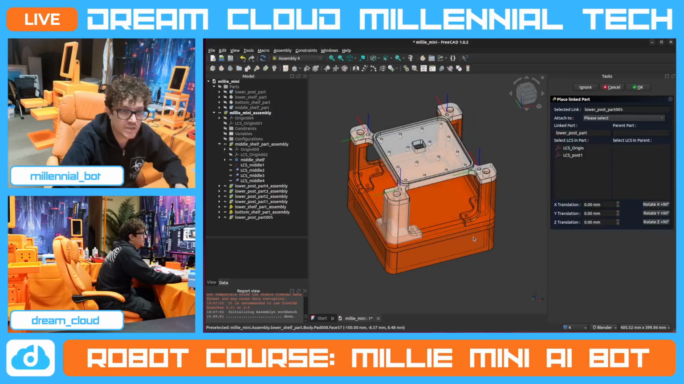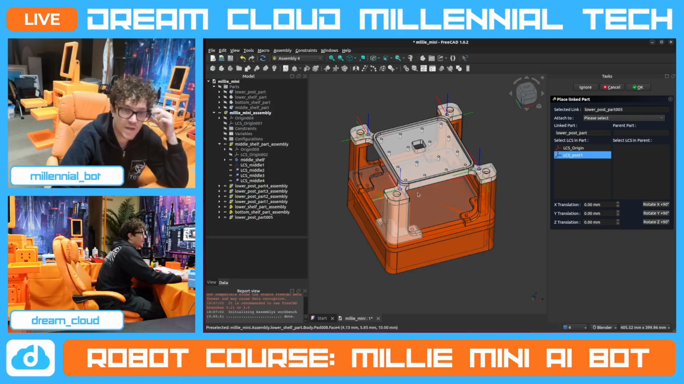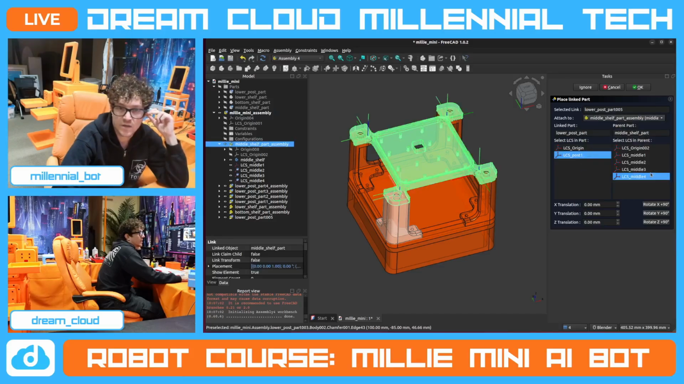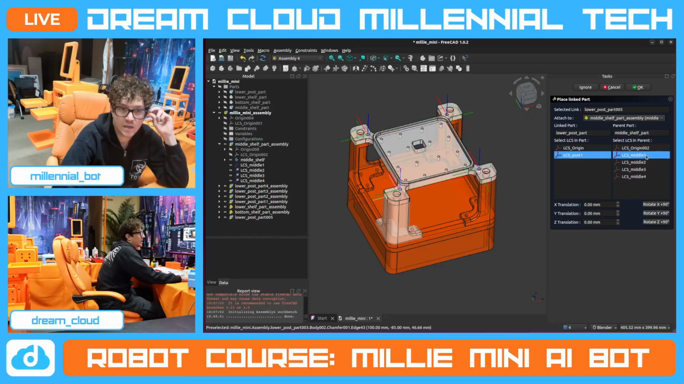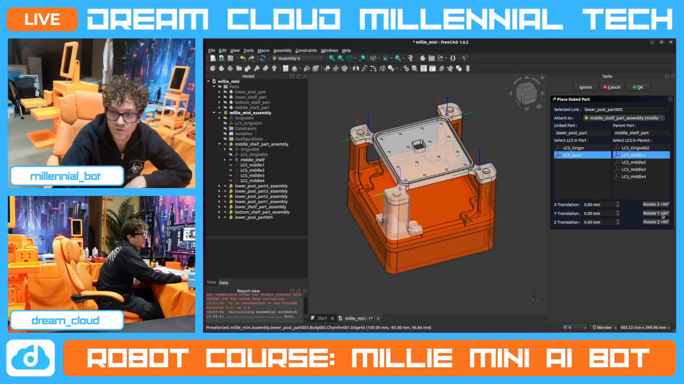We're going to insert it. And then we're going to grab the post one, which is going to be the top point, right? And then we're going to select the parent, which is going to be the middle shelf. And then we're going to click that point. And you notice that it moved it up a little bit, but what we have to do is rotate it